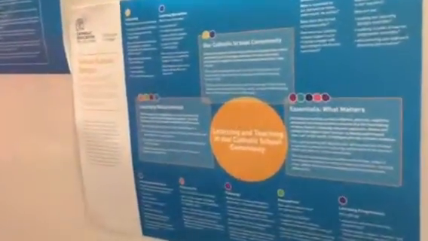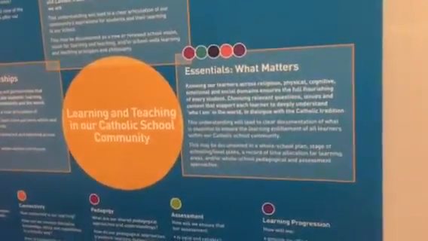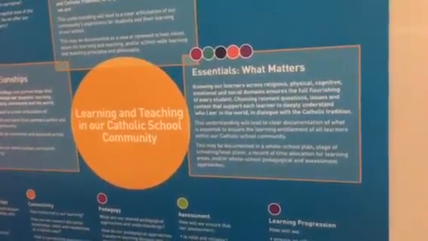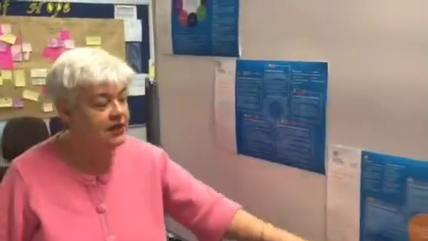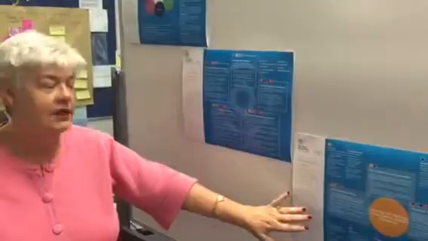The third sheet is whole school design, and we've spent a lot of time over the last 2 years working with leaders around developing and designing whole school learning and teaching plans. So we've gone into the learning areas, we've looked at progression of learning horizontally, what's come before and what's come after. So whole school design is a sheet of questions for leadership to ponder when we're working with teachers as